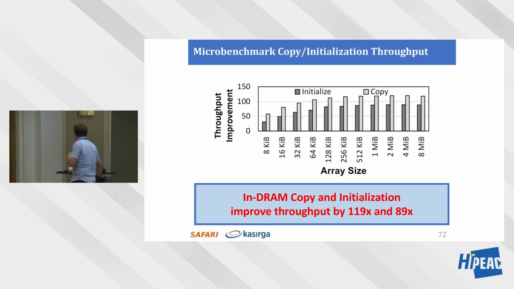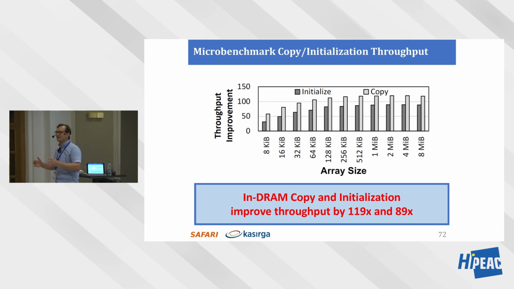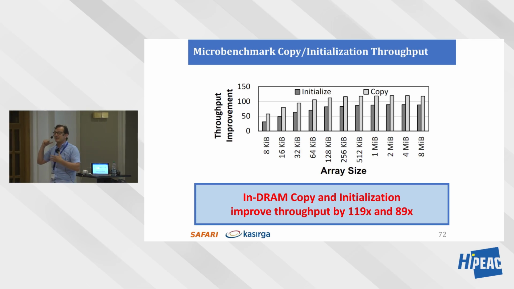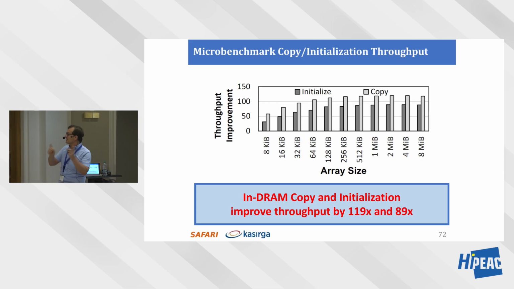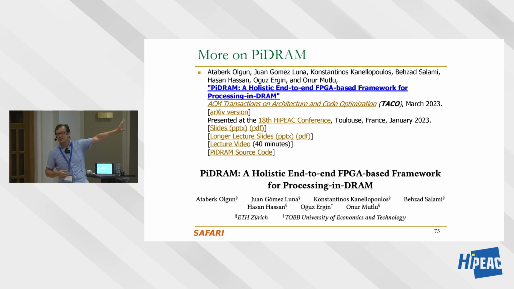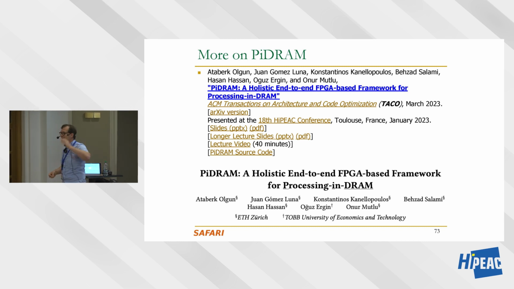It's a little painful. FPGAs are painful in general, but this takes the pain to a higher level because you need to deal with the operating system and the application and everything. And we see significant performance improvements, as you can see. This is the throughput improvement of copy and initialization. And the numbers here are much larger. The reason is that the RISC-V processor that we have in the FPGA has very little tolerance to latency. It's only 50 megahertz. The previous numbers that I showed you were smaller because you have a lot more tolerance to latency in a heavy out-of-order processor. Okay, this is PiDRAM. Again, if you're interested, you can download the source code and work on it. I'd recommend reaching out to us if you run into problems.